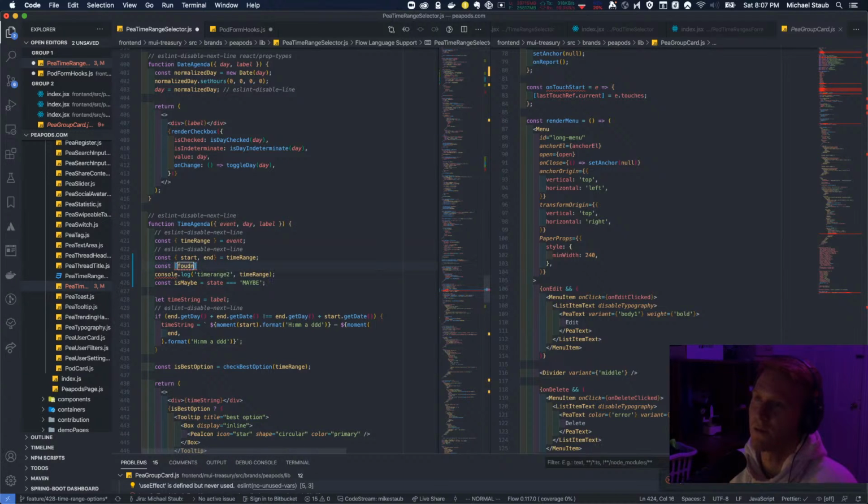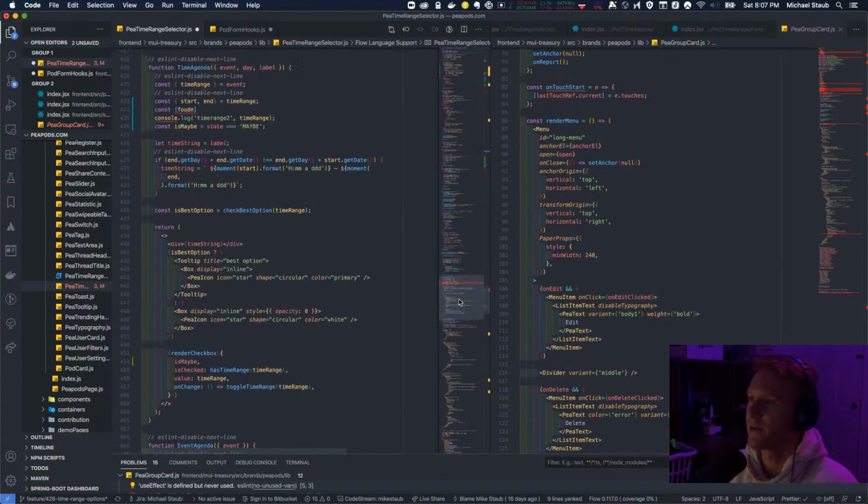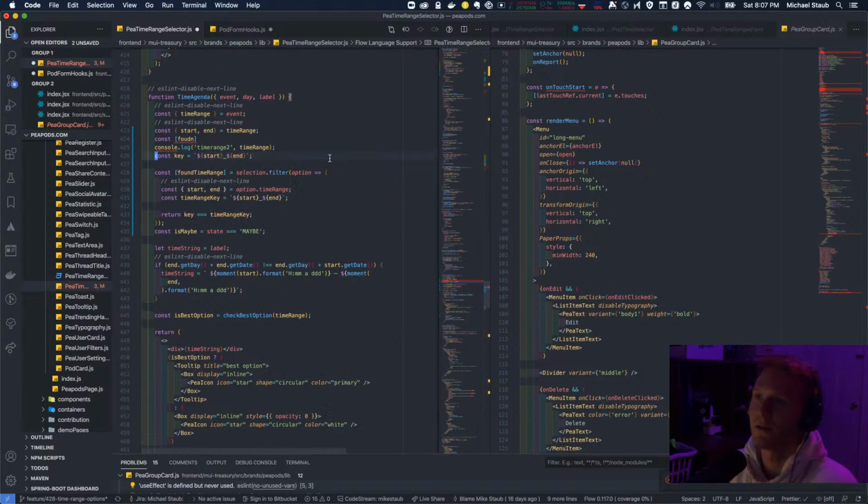Found, well, we can just take it from where I just had it, right? Found time range. That code should be refactored. This is so ugly. So key is start and end. Found time range is